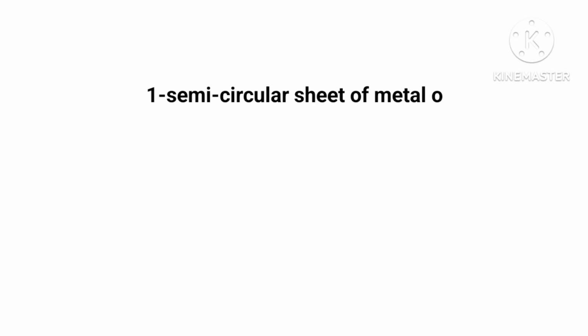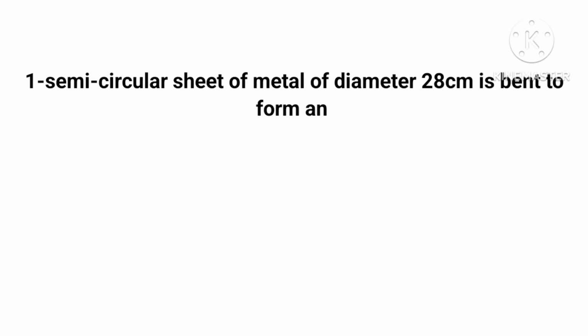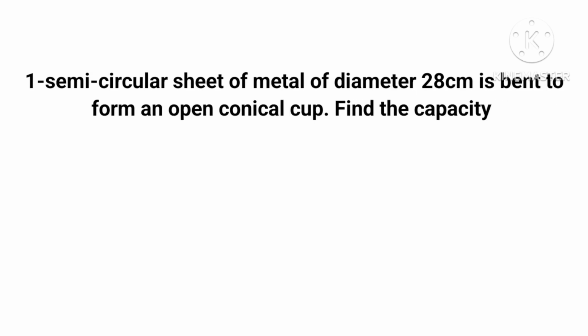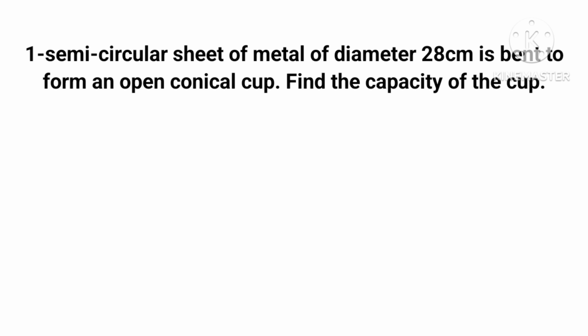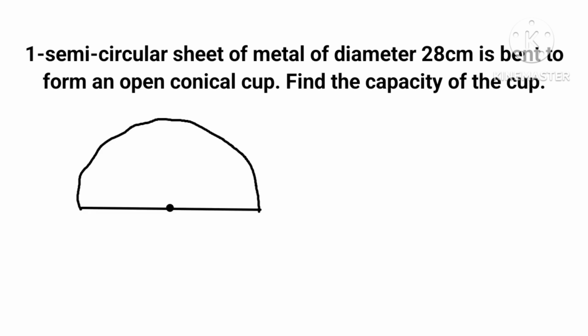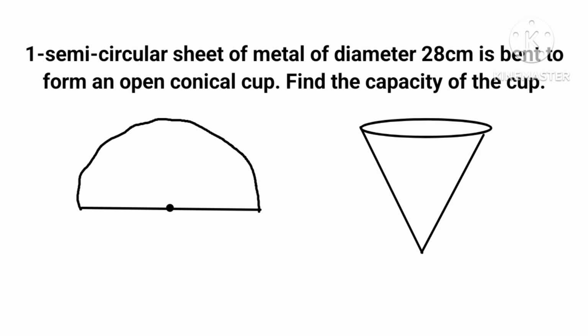A semicircular sheet of metal of diameter 28 cm is bent to form an open conical cup. Find the capacity of the cup. Let this be our semicircle, which is molded into a conical shape. We have to find its capacity. Given radius = 28/2 = 14 cm. When it is bent into a conical cup,